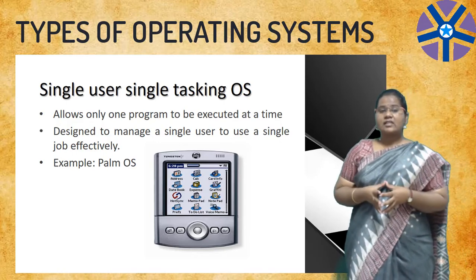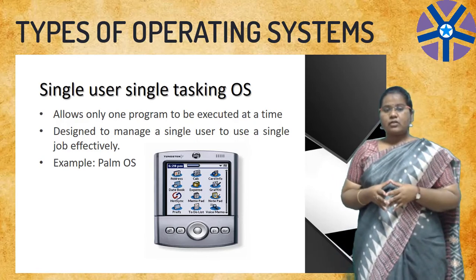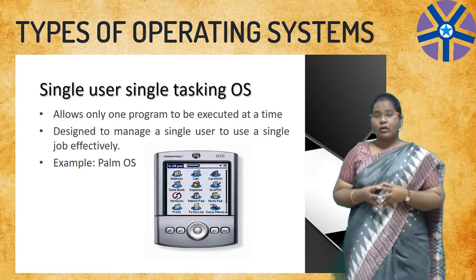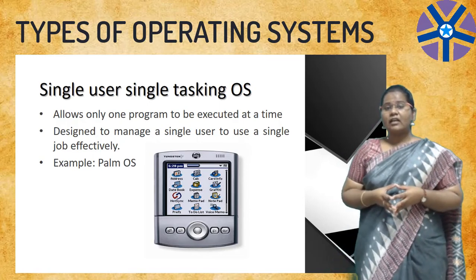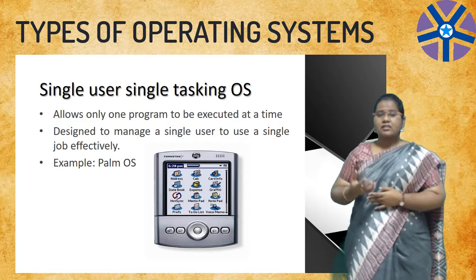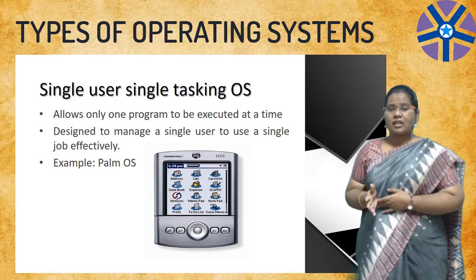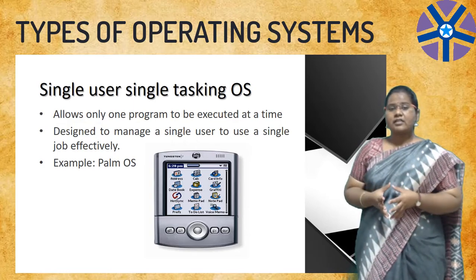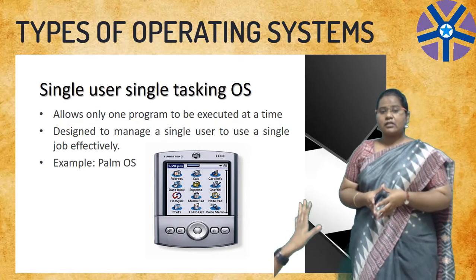The best example for this type is the Palm OS, the operating system installed in a palm-sized mobile device. In olden days, the basic mobile device used to be of palm size, and the operating system installed in that is